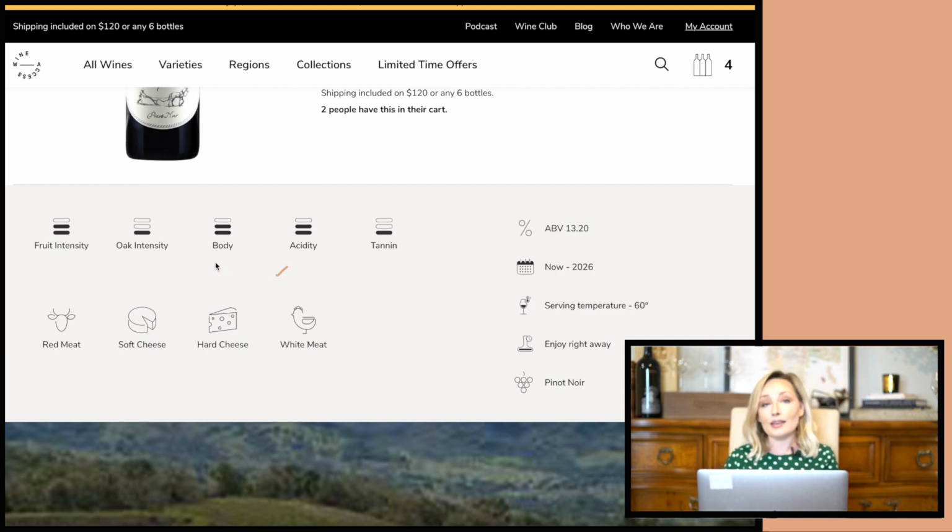And then body, how much body is this going to have? Light body, middle body, and full body. And then acidity is huge. Where are you going to be feeling that sort of zip, zap, zip in your mouth? So acidity is moderate. And then tannin, of course, we would expect Pinot Noir to be lower in tannin. So I love that it breaks this up for you. I also love that it's going to give you little food pairing suggestions down at the bottom